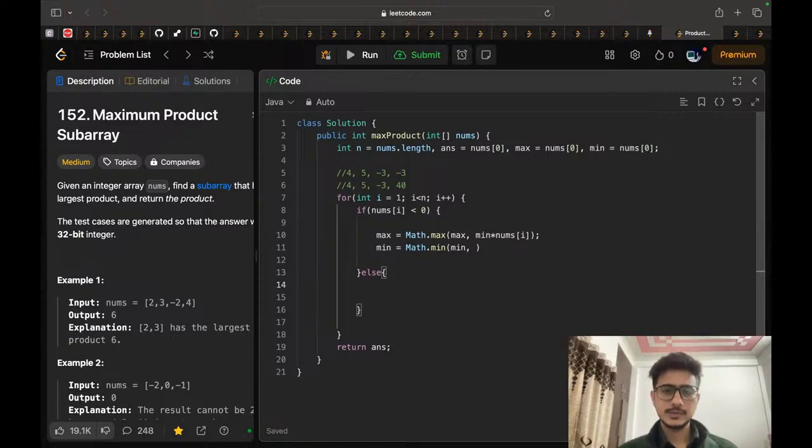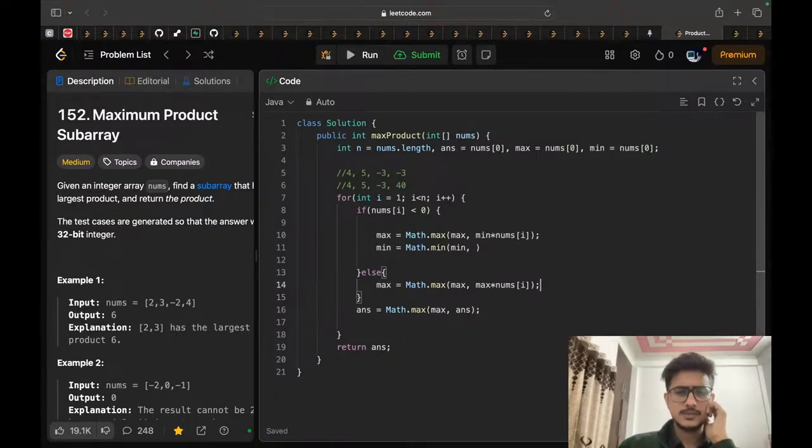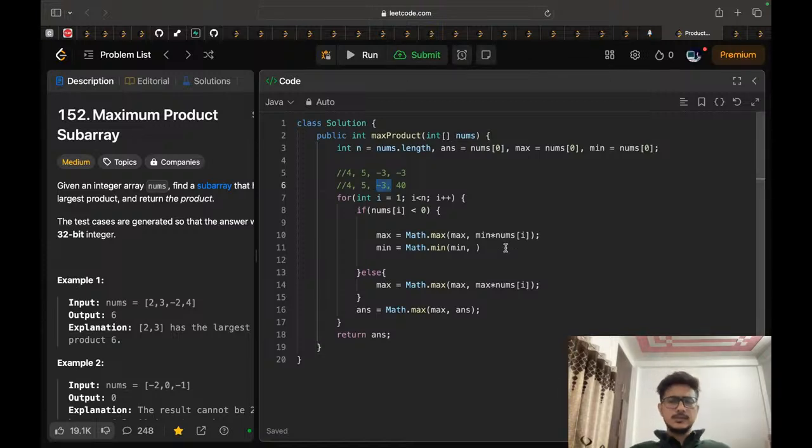अगर सारे पॉजिटिव चलते जा रहे हैं अभी तक, मतलब कि अगर पॉजिटिव वैल्यू है तो मैप डॉट मैक्स ऑफ मैक्स, मिनिमम कोई है नहीं अभी इधर। लेट्स से मैं 500 लेता हूँ, मतलब लास्ट में मेरे को मैक्सिमम ही देखना है। इस केस में 4 और 5 हो गए, यानी कि यहाँ 20 हो गया। 20 तो मैक्सिमम मेरा हुआ। फिर मैं -3 पे स्ट्राइक किया, तो मैं मिनिमम और नम्स आई का ट्राई करूँगा पहले, वो ग्रेटर है क्या। अगर वो ग्रेटर नहीं है